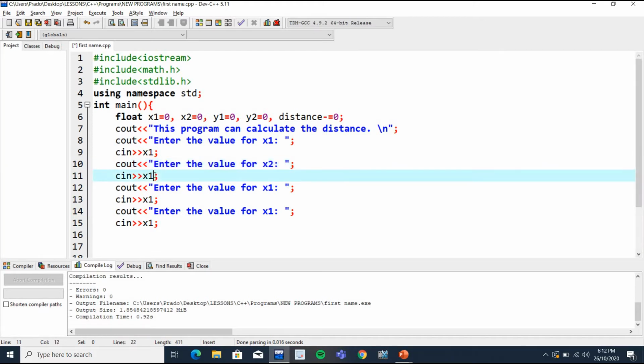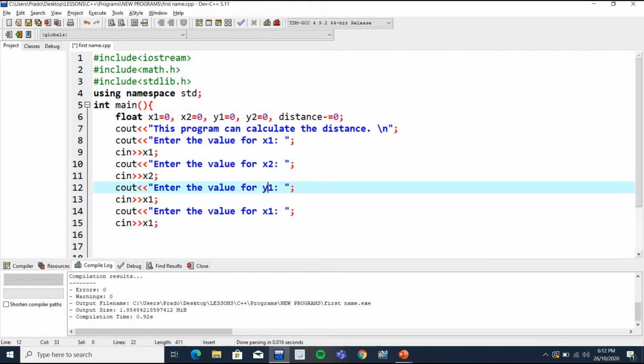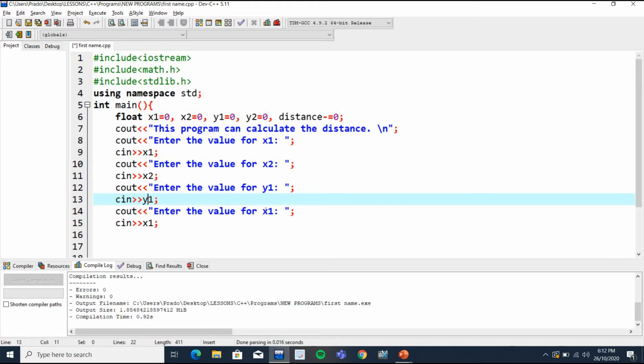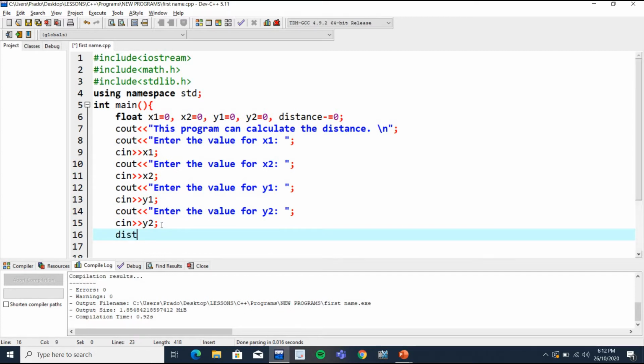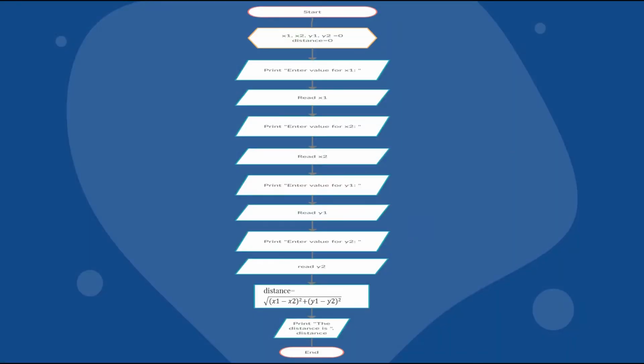Then, the same here, x2. And then, y1. And then, y2. Next po is, ilalagay na po natin yung mismong formula ng distance, which is, distance is equals to, balikan natin